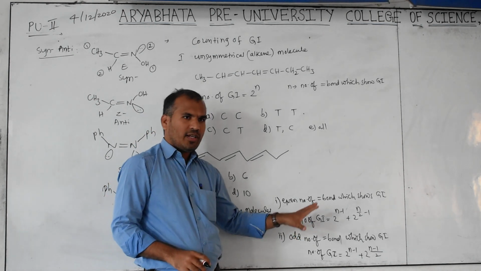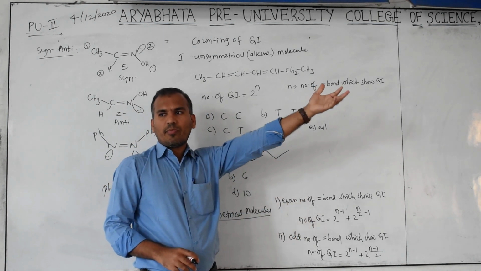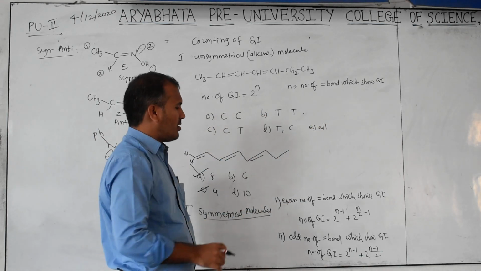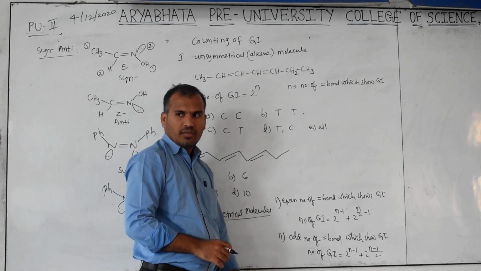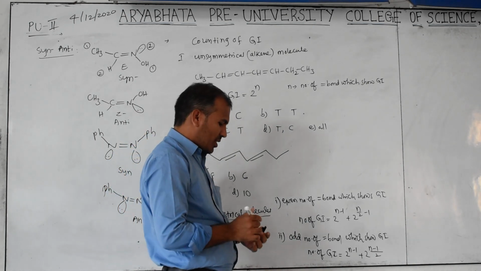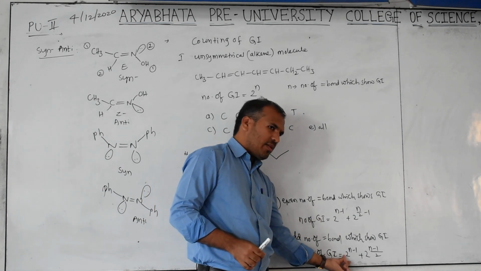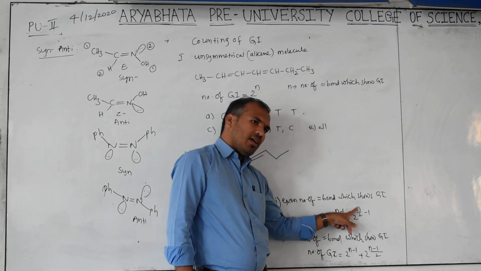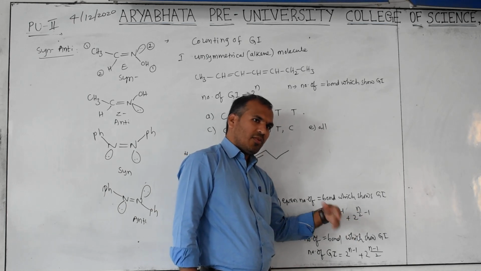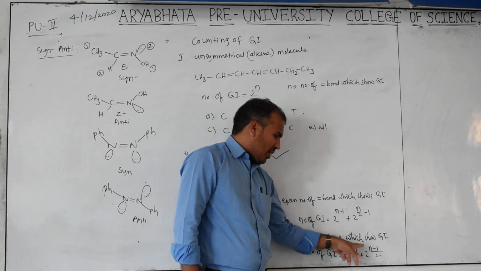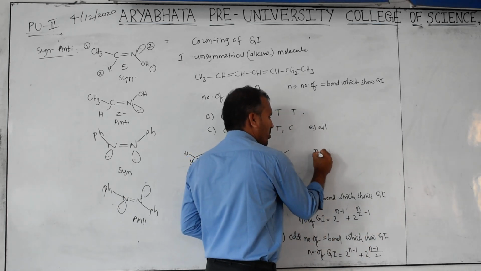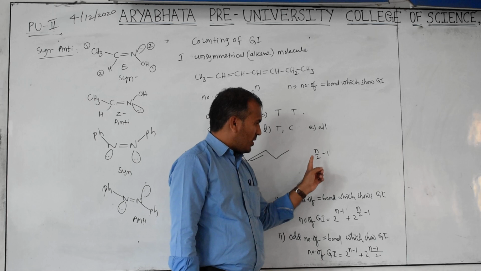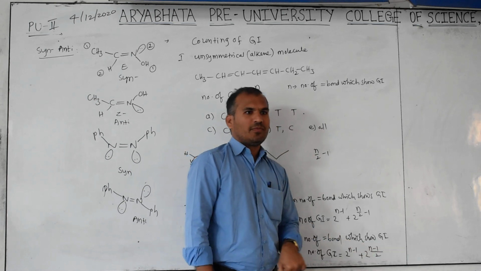If you remember this formula, it is similarly applicable in optical isomerism. Somewhat different, but there is a little similarity. You have to remember this. How to remember: 2 power n minus 1 is common. Here it is n by 2 minus 1. Even number by 2 gives an even number only. But if you do n by 2 minus 1 with an odd number, you may get a fraction. For that purpose we convert into even number by 2.